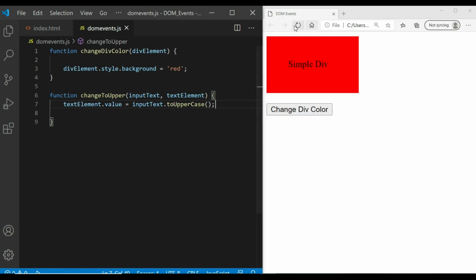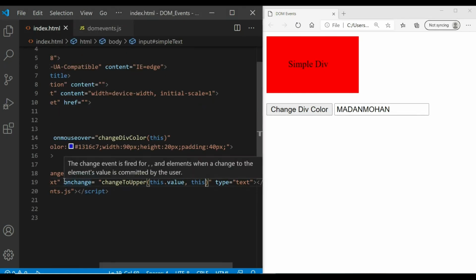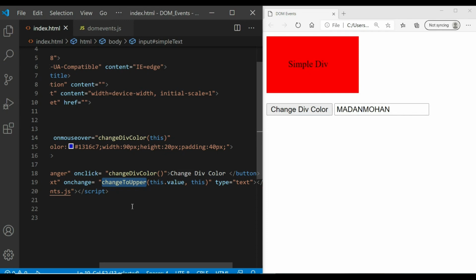Control S, refresh, and here you can see one text box. So let me write Madan Mohan and click outside, and you can see the text is getting changed, right? So what happened here, we assigned one onchange event, and to the onchange event we have assigned one function which is changing the text, whatever text we have written, to uppercase.